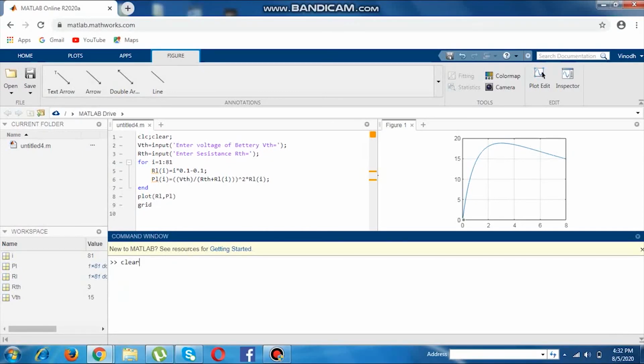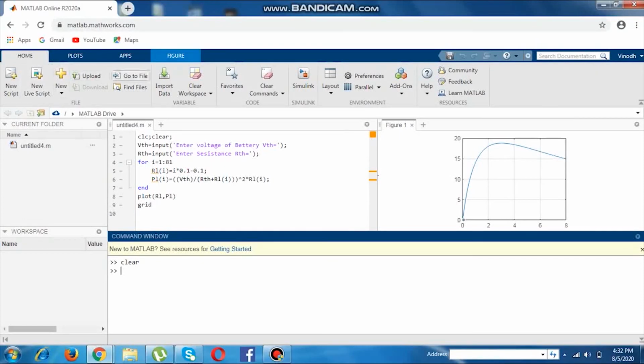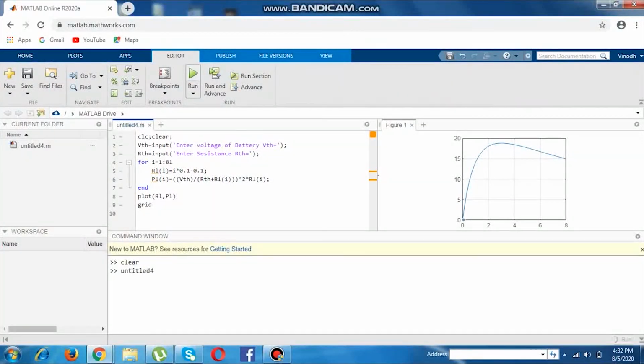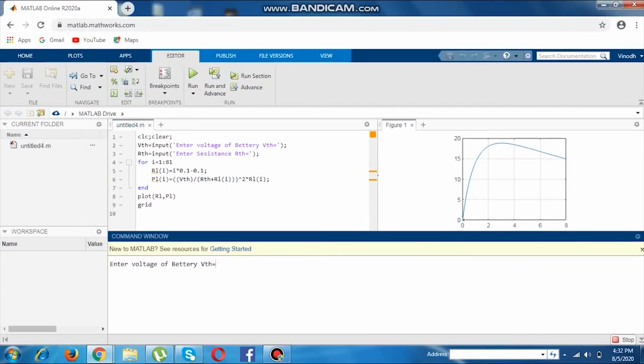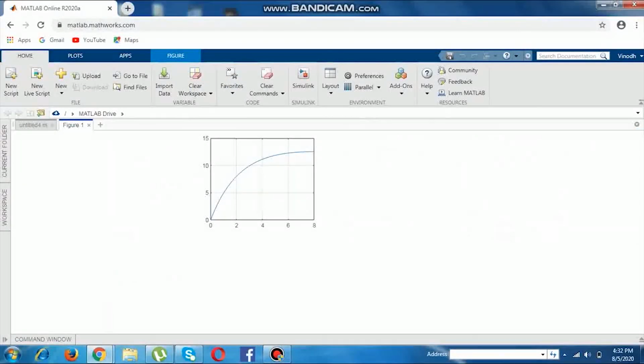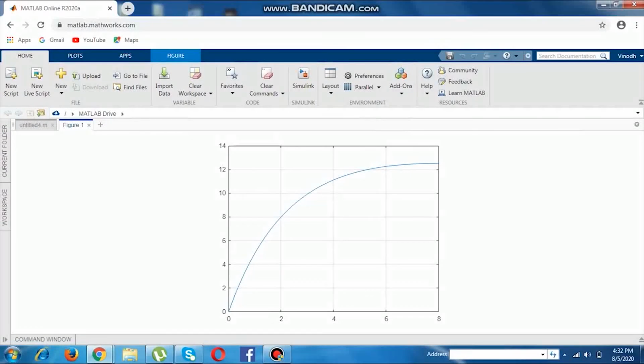Also modifying the values, run this program. I enter the voltage 20 and resistance is 8. It will show the graph like this. The maximum